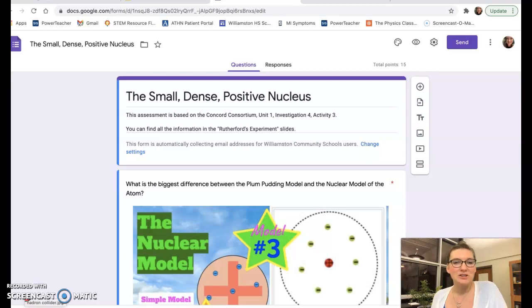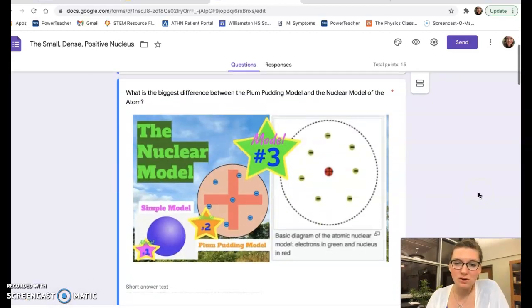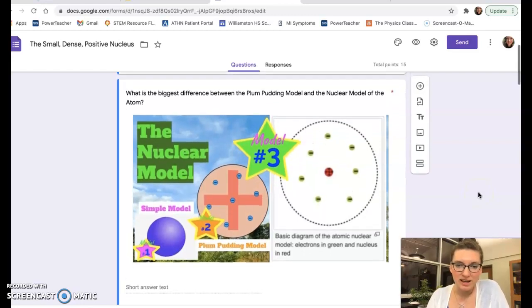Hey physics. So I'm going to talk you through this Google form called the Small Dense Positive Nucleus. This is based on the nuclear model that Ernest Rutherford discovered with his gold foil experiment. And it is the third model of the ones that we're looking at, following the simple model, which had a